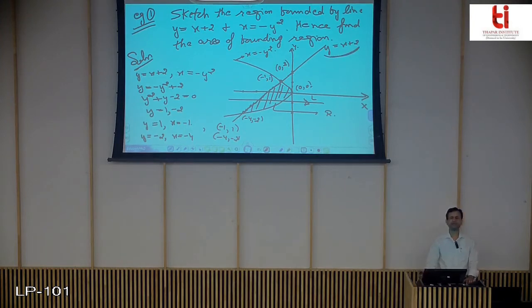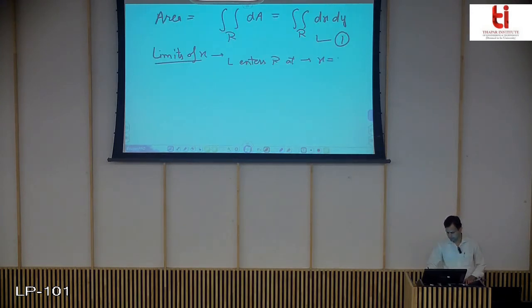The equation of the line is y equals x plus 2, but since we are finding the limits of integration with respect to x, we need the equation of the given curve in terms of x. So here we have x equals y minus 2. This is the lower limit. We get this as a lower limit, and then L leaves R at